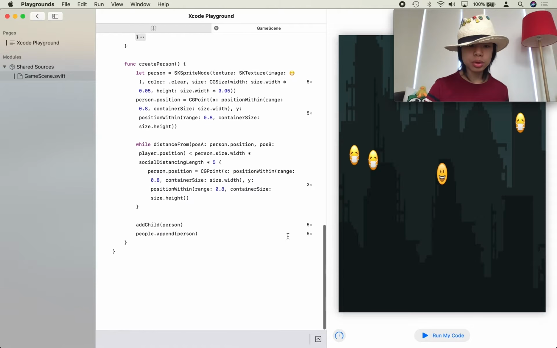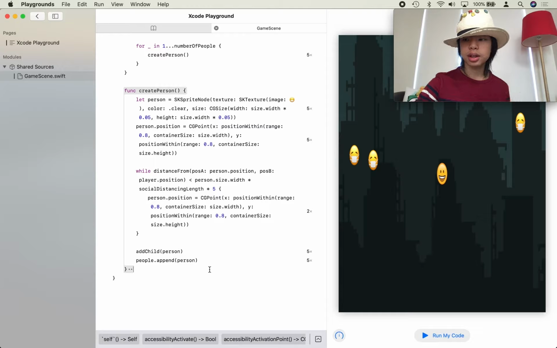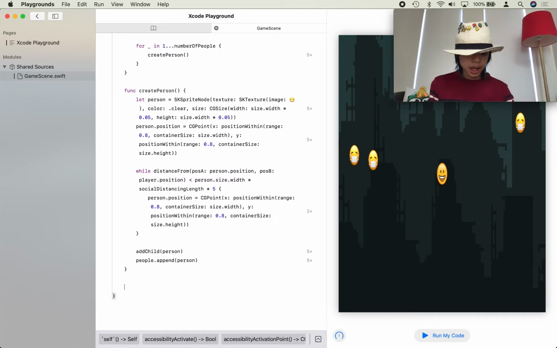We've got the people, and what I'm going to do now is, not really the hard part, but the big part of it, or one of the main parts of this game. What I'm going to do is drag the player around. And if you're wondering, maybe the people might overlap on top of each other,